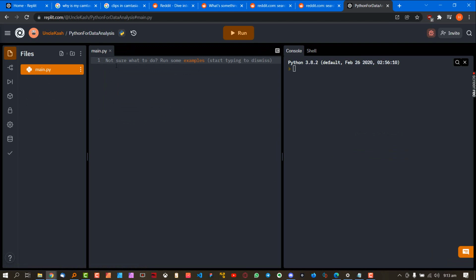All right. So remember, this is our main editor screen, and this is your console and shell screen. On this file side, you can create different folders. But the way Replit is set up, anytime you run from here, it's going to run whatever code is in the main.py file, right? There's a reason for this, which I will explain sometime later in the class when we start working on classes and organizing your code. That's probably the main program where you want to start.